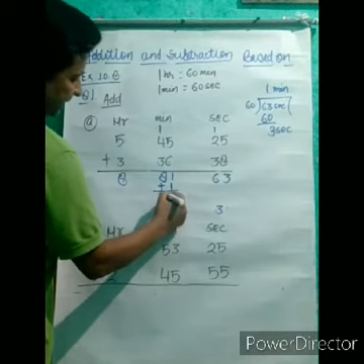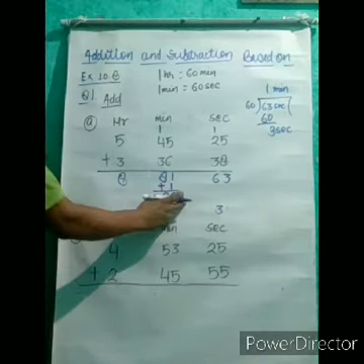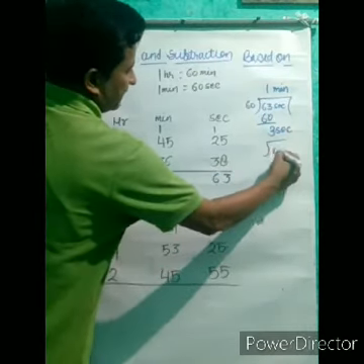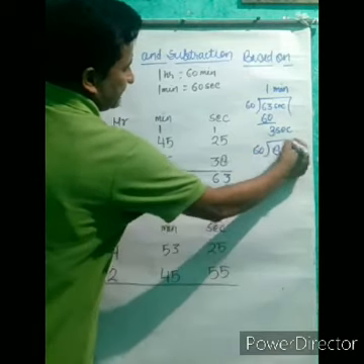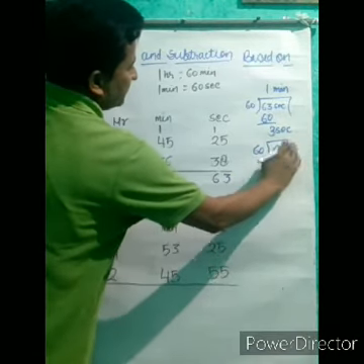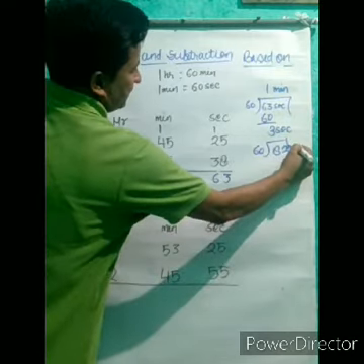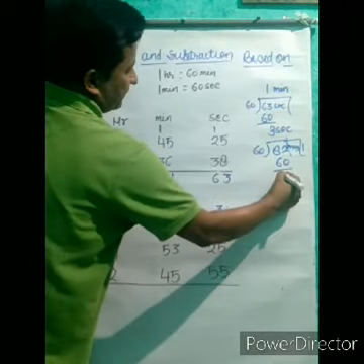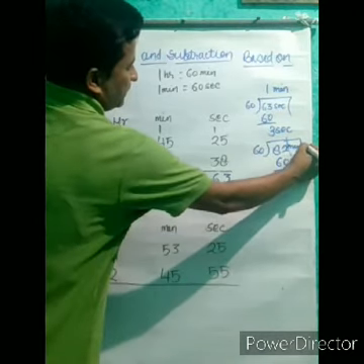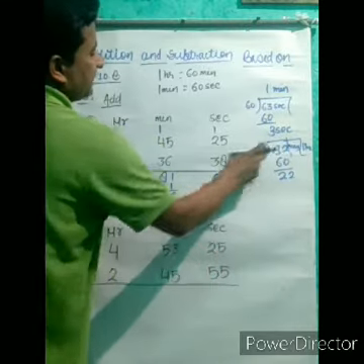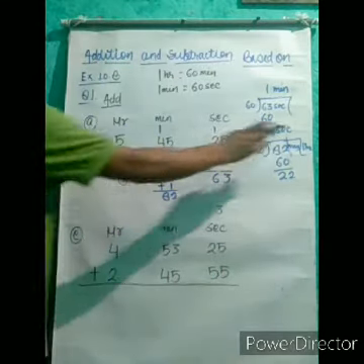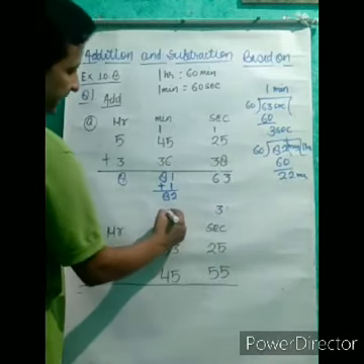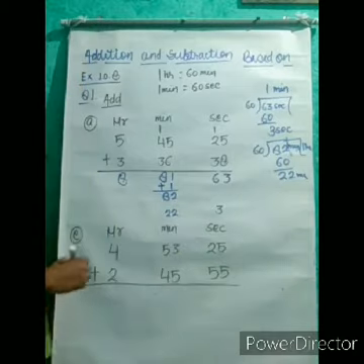It will become 82. Now 82 is more than 60, so 82 we will divide by 60. But remember that 82 is minutes. You can divide it one time by 60, here will be left 2, 2. So here it will convert into hours. Minutes, when you divide by 60, convert into hours and the remainder will come in minutes. So whatever the remainder comes, you can write here 22, and